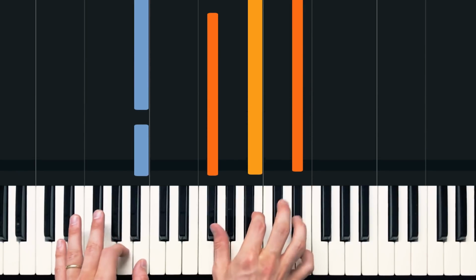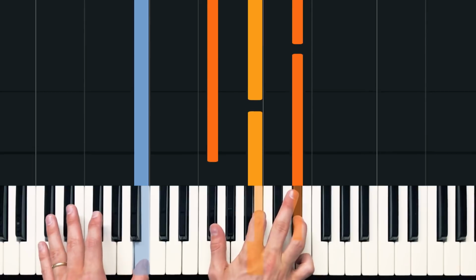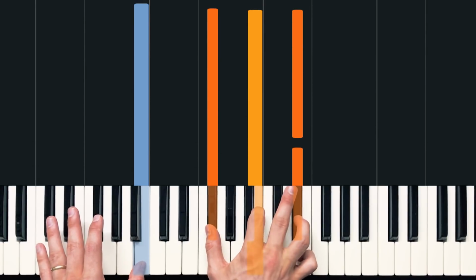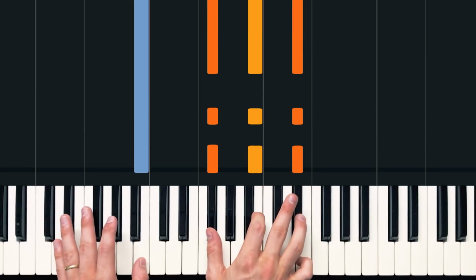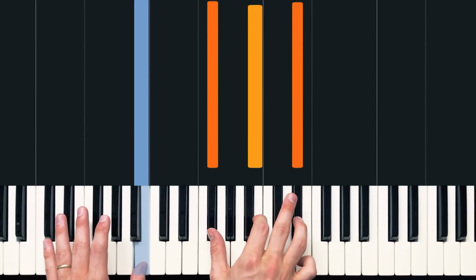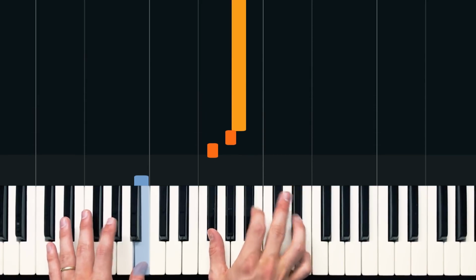Then we're going to follow that up with a B major chord. So we have B with our thumb in the left hand, and in the right hand we have an F sharp with our thumb, B with our pointer finger, and a D sharp with our ring finger. And we'll play 1, 2, 3, and then we're going to play a little 16th note riff that goes for